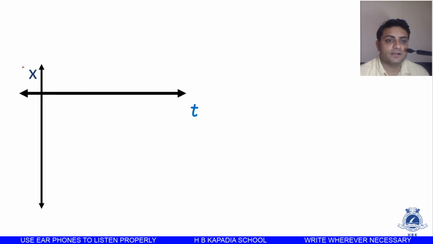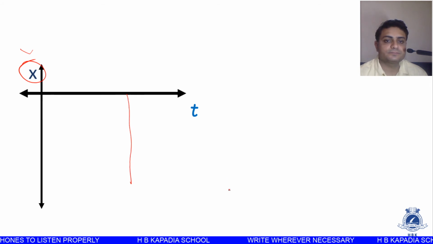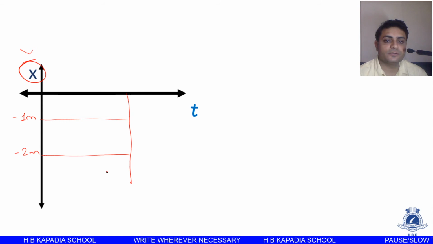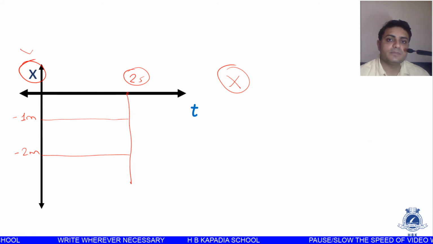Let's see, yes, we have too many graphs. Okay, so be patient and listen carefully. Again, if you have a graph of x versus t like this, okay, what does this mean? What do you think? In this case we can say that the position is changing. Yes, position is changing. This is initially at 1 meter, minus, this is -2 meter, and so on, and the time is 2 seconds. Okay, so such type of graphs are never possible. Such type of graph are impossible. Why? Because the time is remaining constant. Okay, we cannot keep a time constant.